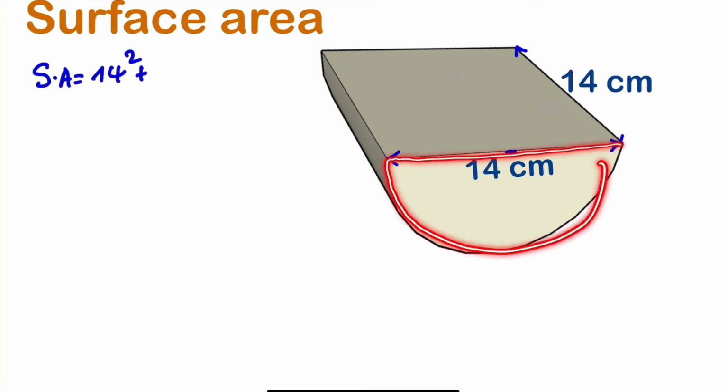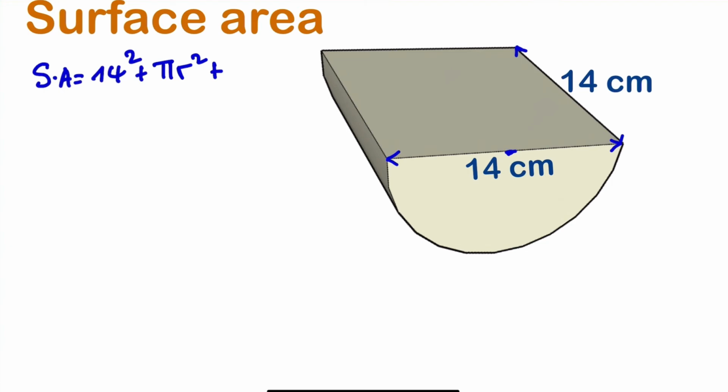We have this part in front and another part behind, so there are 2 of them. A semicircle plus a semicircle will give us a full circle, so we can just use that. The area of a circle is pi r squared, plus